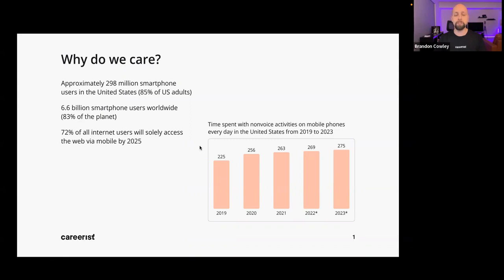So that plays into this third statistic here, which I found very interesting, which was the projection is that 72% of all internet users globally will solely access the web via mobile by 2025. That's not far away, right? That's very close to where we are right now. And when we're talking about sole access, this is playing into what you were saying. Not everybody has a computer, but most people have a cell phone. And in lesser developed areas, in these nations, if they're going to have a device that accesses the internet, it's probably going to be a phone. It's probably going to be an Android phone, and it's probably going to be a not current gen Android phone, to be very, very specific.